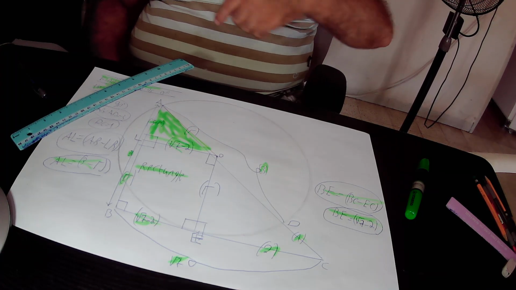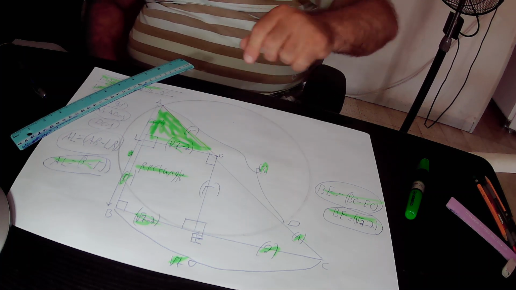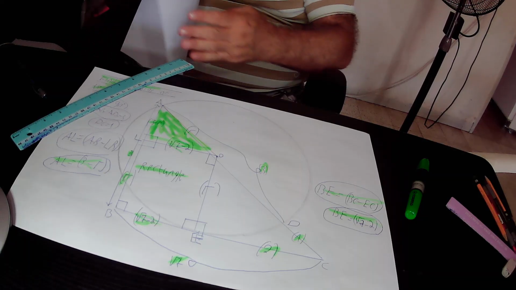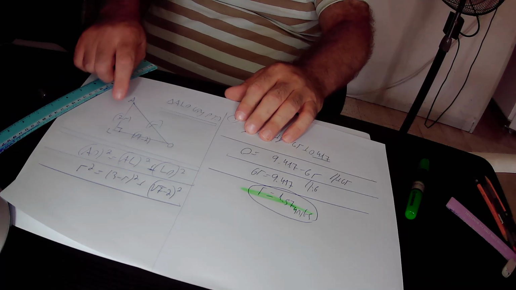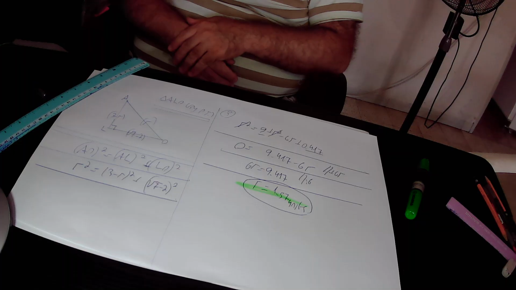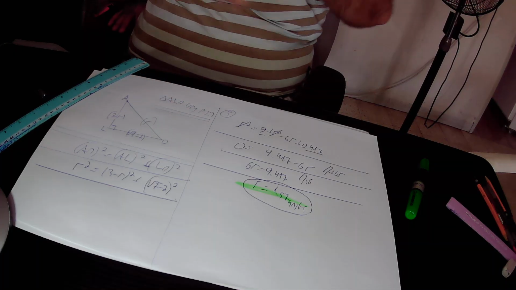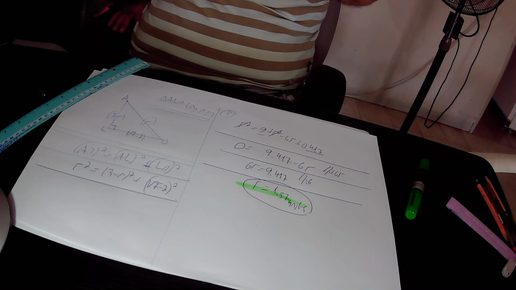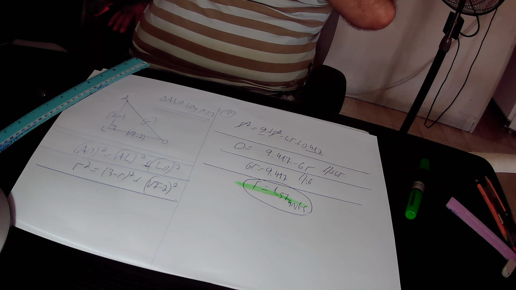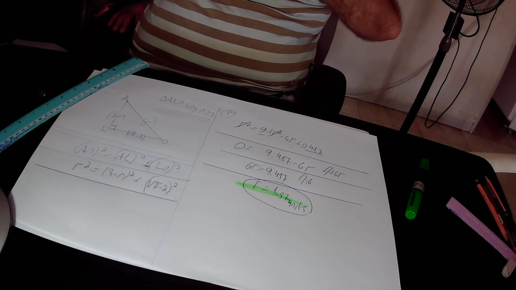In the next step I go to the right-angled triangle ANO on a new page and implement the Pythagoras theorem on this right-angled triangle ANO. So this is the right triangle ANO according to the original drawing. In this right triangle ANO, according to the Pythagoras theorem, AO squared, that is the square of the hypotenuse, equals AN squared plus NO squared. AO is R, therefore AO squared is R squared, and it is equal to AN squared. AN is 3 minus R, therefore AN squared is 3 minus R squared, plus NO squared. NO is the square root of 7 minus 2, therefore NO squared is the square root of 7 minus 2 squared,